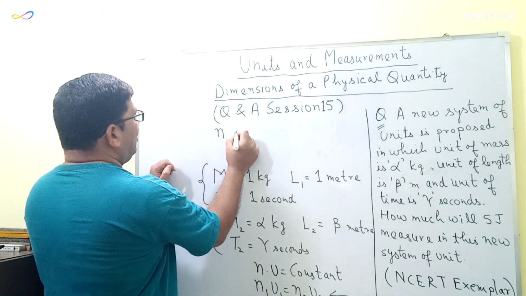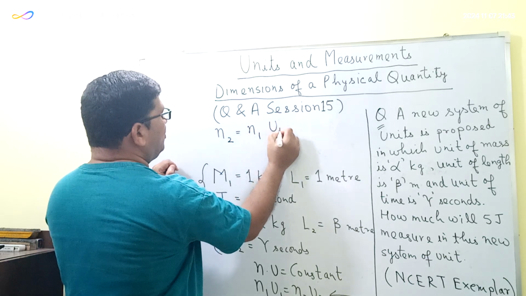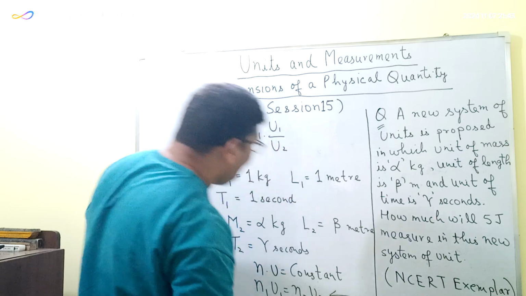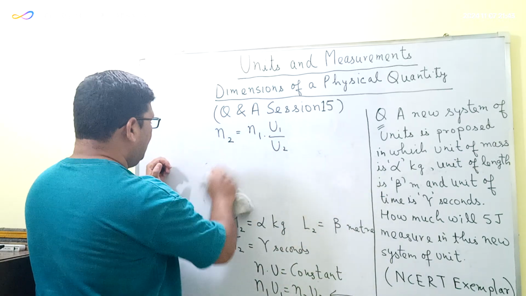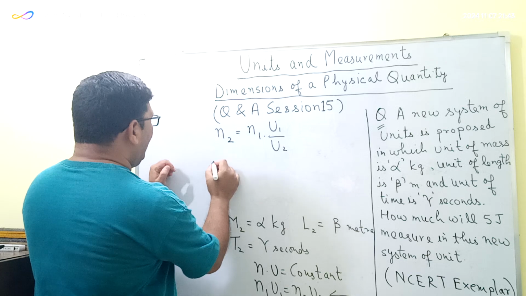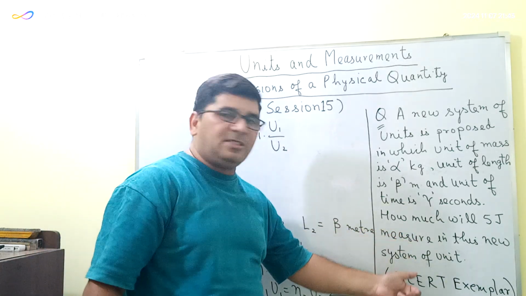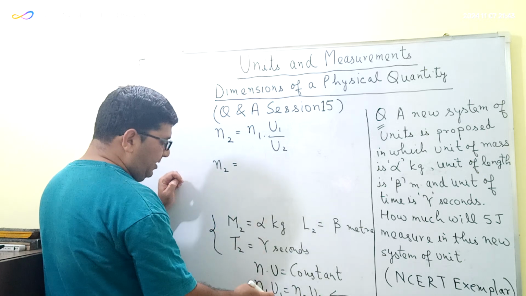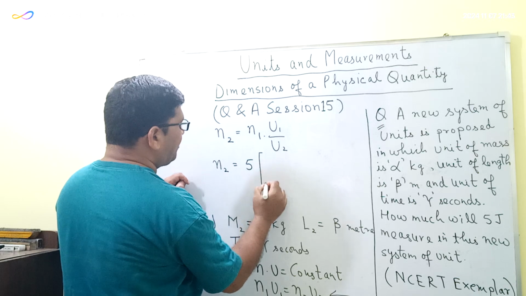So from this formula, N2 will be equal to N1 into U1 upon U2, and from here the value of N2, which is the magnitude of this 5 joule energy in the new system of unit, will be equal to N1. So N1 here will be equal to 5 joule, and